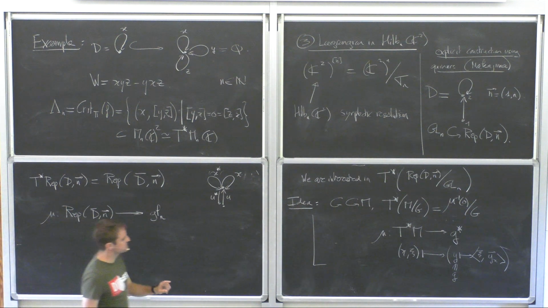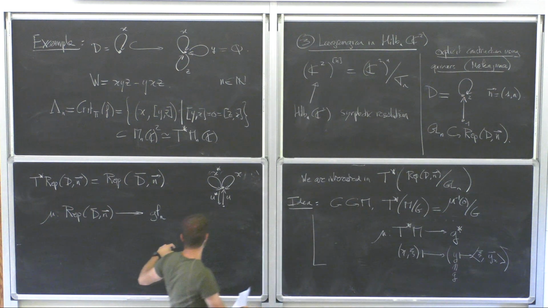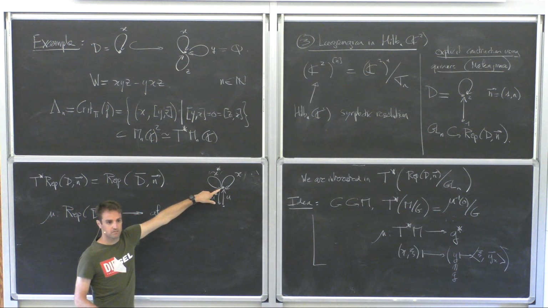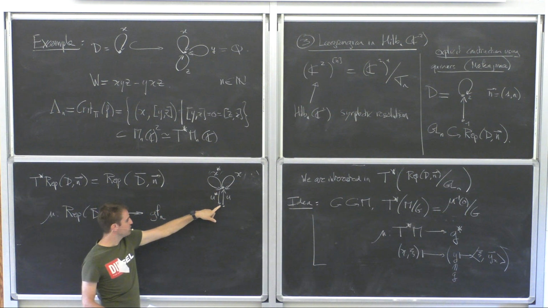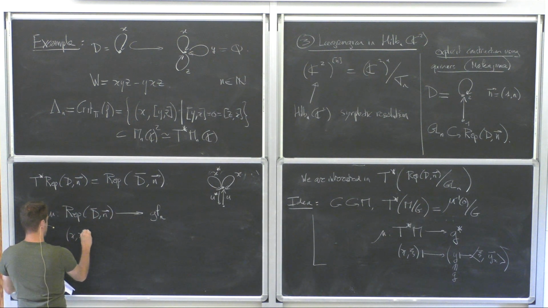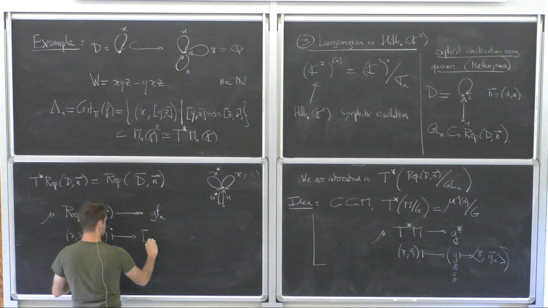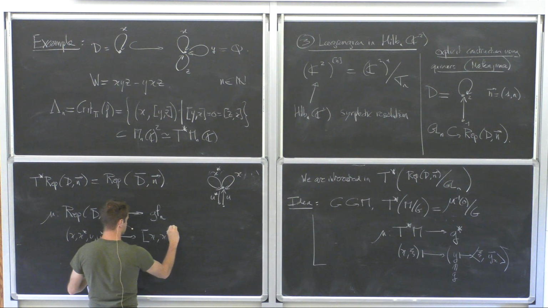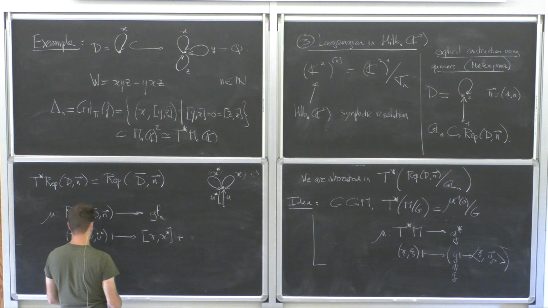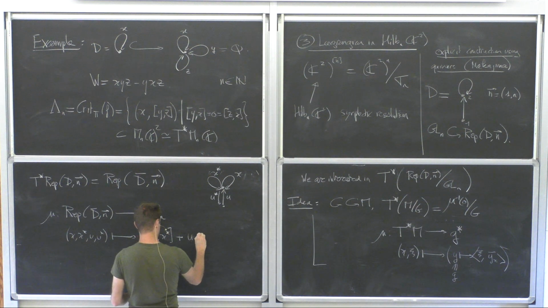Let me point out that here, I've been taking the action by GLN, so I'm only acting on that part. So I will have a commutator for this, but only a product here and not the full commutator. So what I'm ending up having is that I have x, x star, u, u star, and I'm sending it to the bracket of x and x star, plus, I should write it in the correct direction,